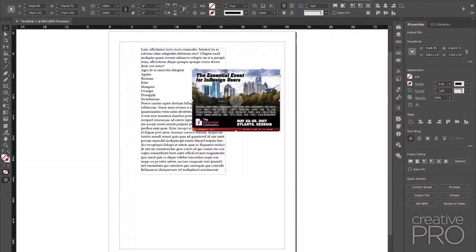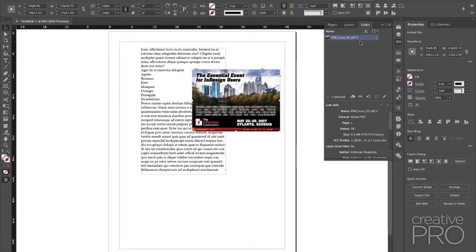It's actually an old page from an InDesign magazine from a previous InDesign conference a couple of years ago. And I realized I placed the PDF, but it placed the wrong page. I wanted page 1. It placed page 2. This is really frustrating because there's no way inside InDesign to select that and say, no, I want page 1 or page 5 or page 10. No way to change the page. You'd have to re-import it from scratch. Very frustrating.